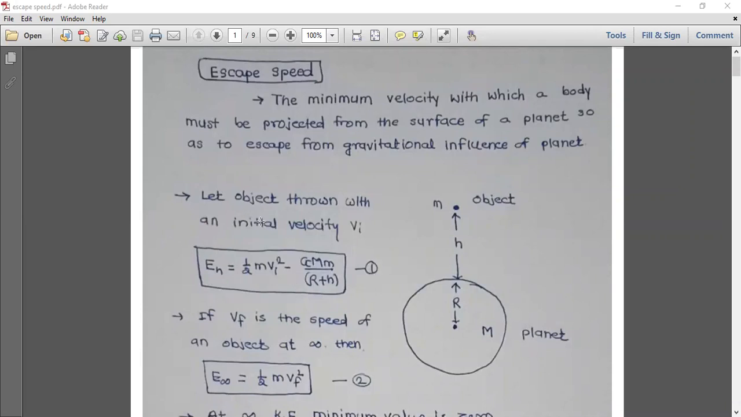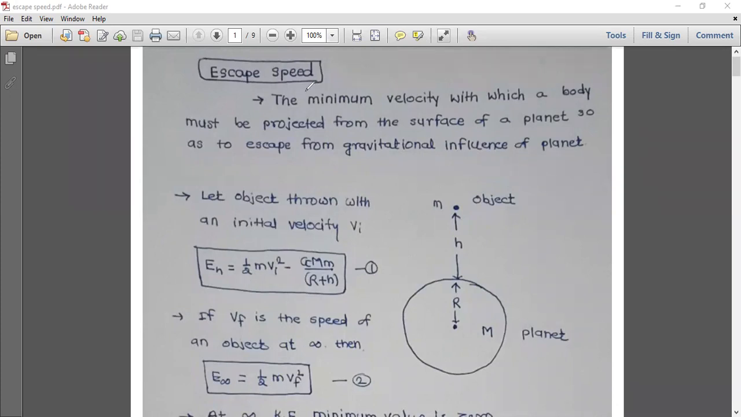So, in today's class, we will learn escape velocity, orbital velocity, then angular momentum, all these things about the satellite, or whatever the speeds these satellites have. So, first one,